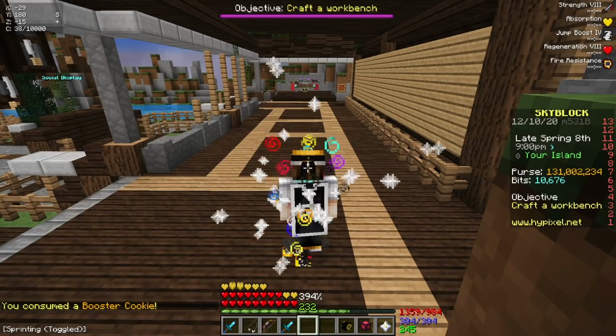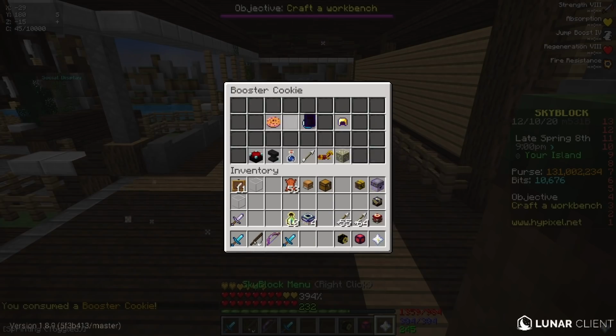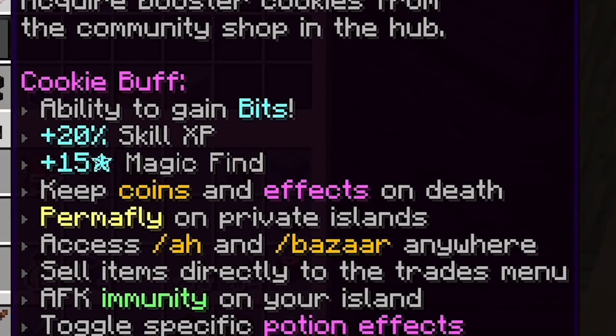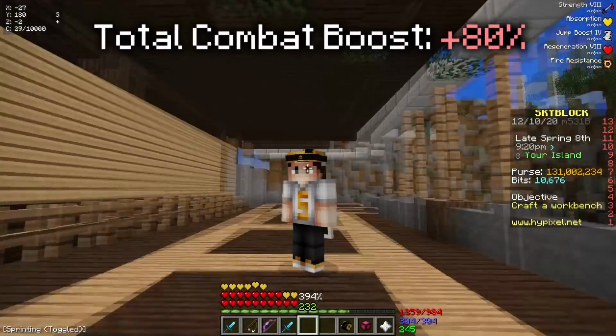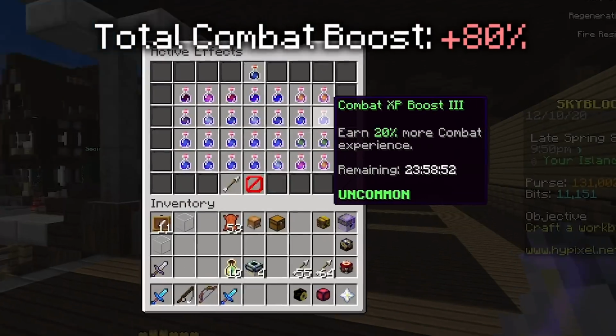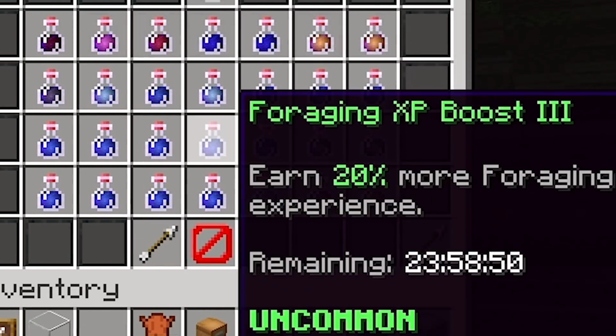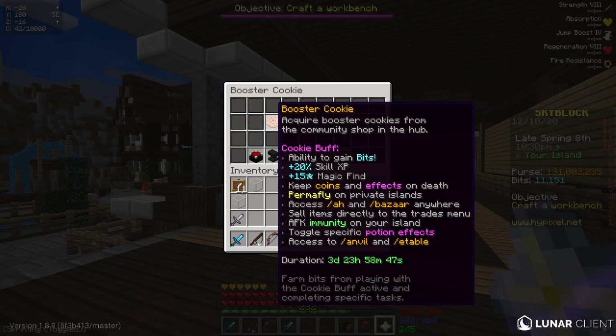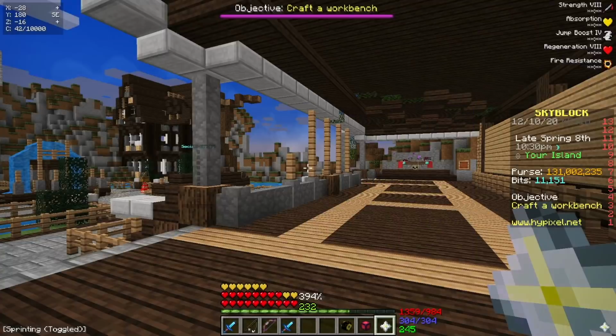Next we have the Booster Cookie, and this just gives you a cookie buff, which basically increases your skill XP by 20%, increases your magic find by 15, and also gives some other perks, but nobody really cares about those. So from this potion here, we gain plus 20% more combat XP, and then also plus 10 combat XP from the Experience 4 potion. So right now we gain plus 80% skill XP, but we also have the Hunter Ring,